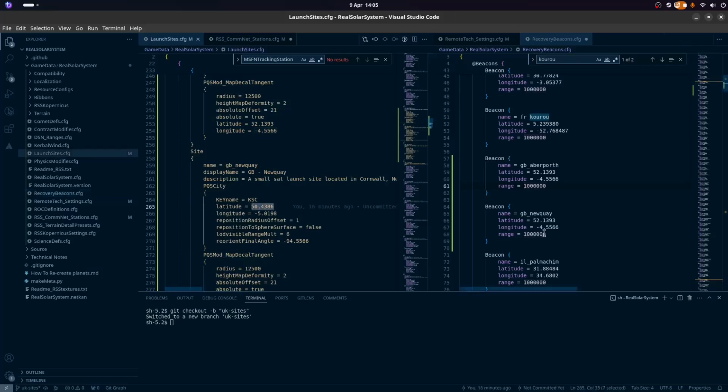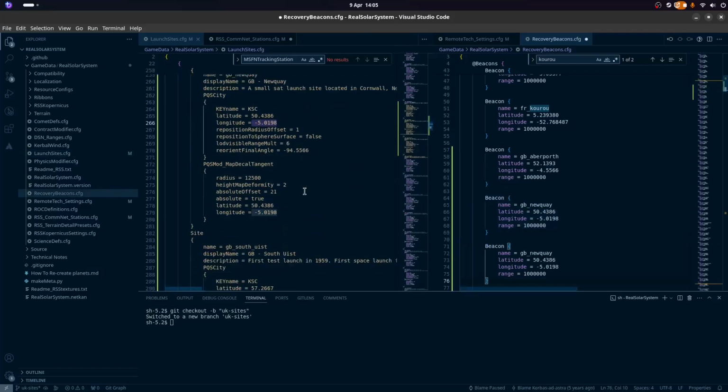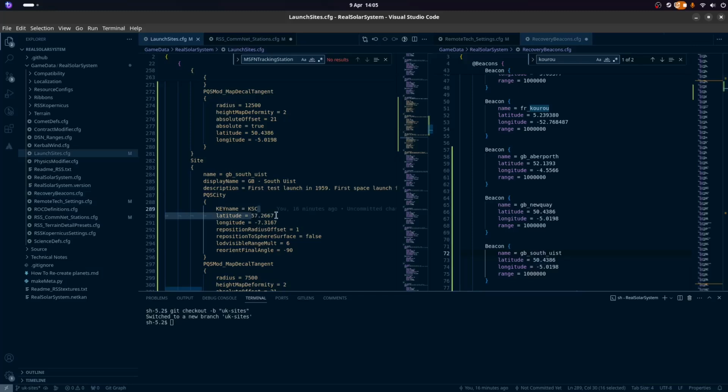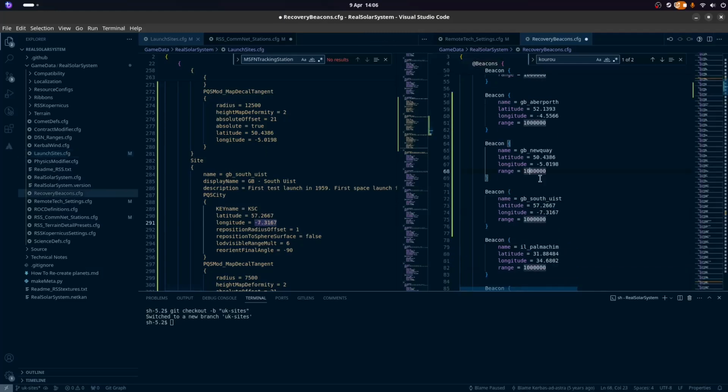That'll be able to do this and this. This must be very boring. And we want one at GB for the southeast. This and this. Okay, so that is recovery.